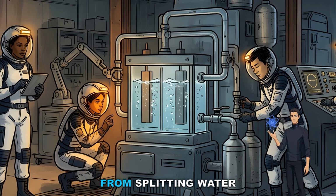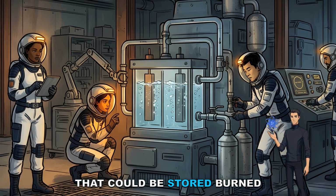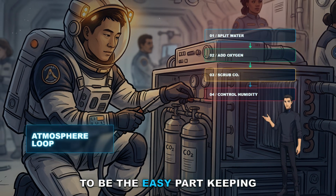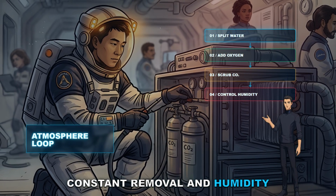Oxygen would come mainly from splitting water with electricity. Electrolysis yields breathable oxygen plus hydrogen that could be stored, burned as fuel, or fed straight into other chemical processes. Producing the gas itself turns out to be the easy part. Keeping a complete atmosphere stable is the real challenge, with carbon dioxide needing constant removal and humidity held inside a